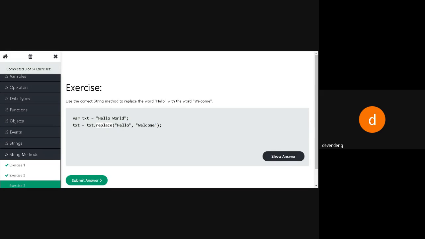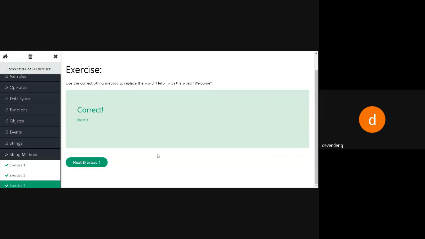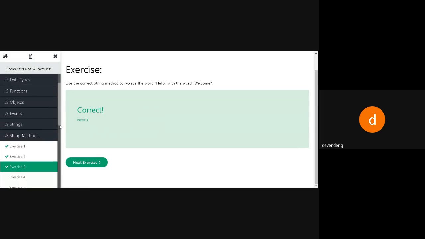So old value, new value. The first one will be the old value, the second one will be the new value, for which we will be using the method called replace. Okay. So make a note of this. These functions are very important to us. Even if you miss any one of the topics theoretically, in this exercise we are going to cover all those things.